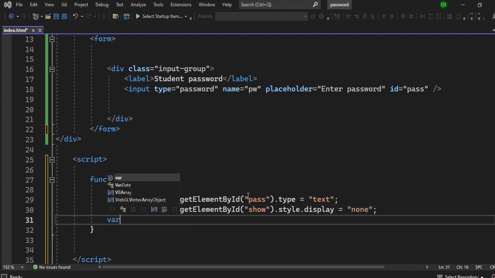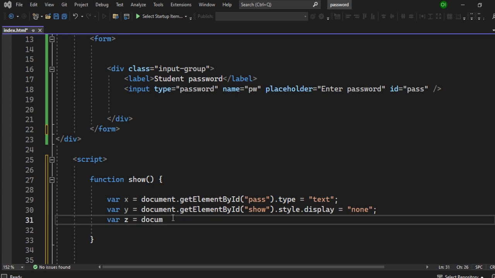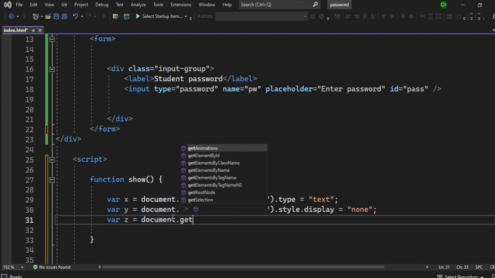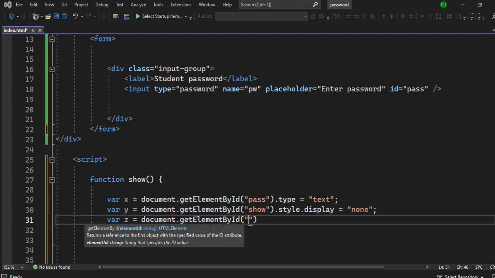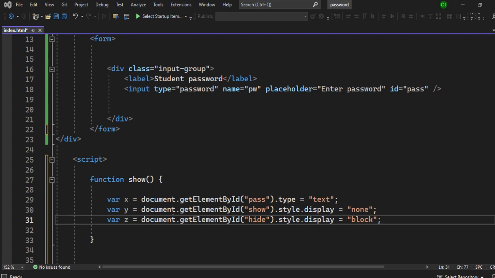The last one is going to be var z, document dot getElementById, and the ID we are talking about here is going to be hide, and it's going to be dot style dot display, and it's going to be equals to block. So at the point of where they click to display, it should display it. Now we are going to end it here. Now these are the three